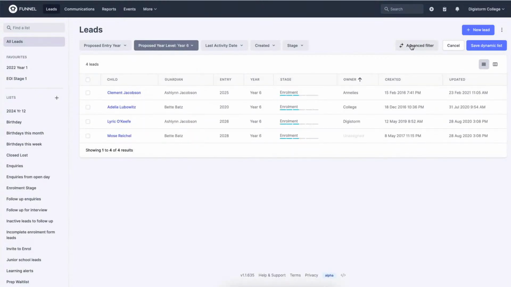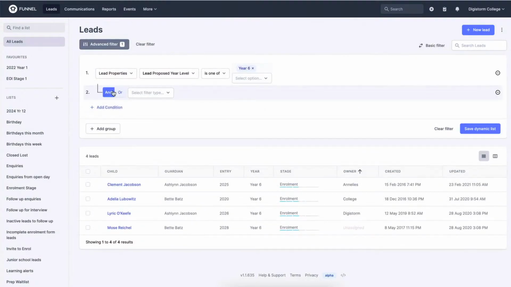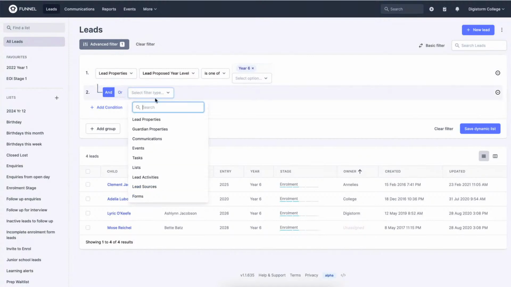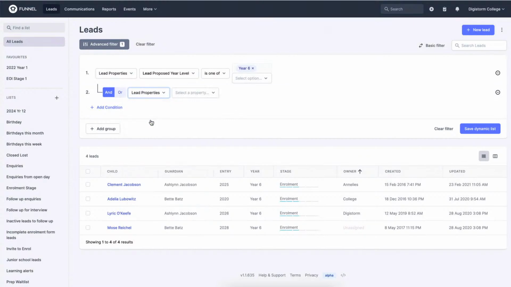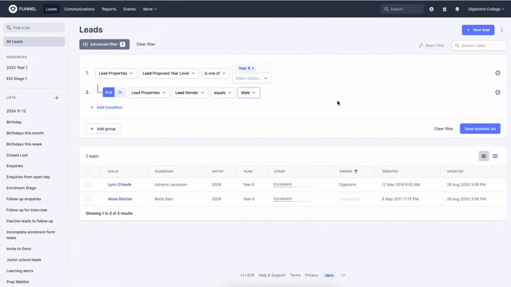And I might do an advanced filter. So I may only be interested in a particular further data set. So I'm building out my advanced filters. I had my basic quick filter set. So that's what the 1 is referring to, that there is already 1 filtering option set for this data. I'm adding on now to filter out some more information. So I might go lead properties and do gender is male. And then I've got my data set ready to go, and you can save that dynamic list straight away. So if I hit save,